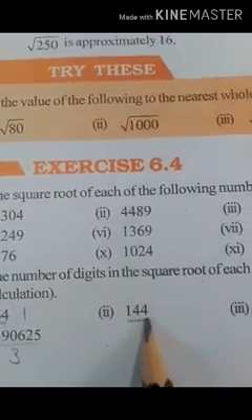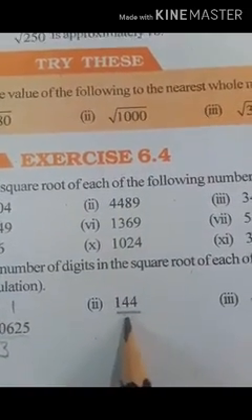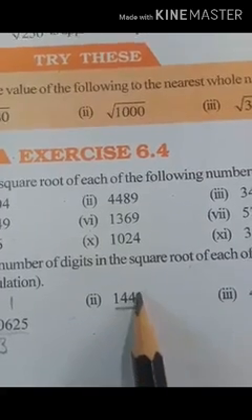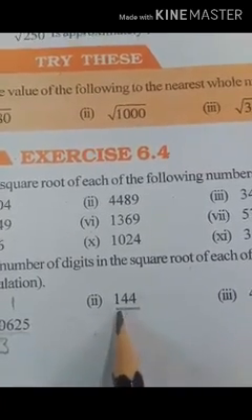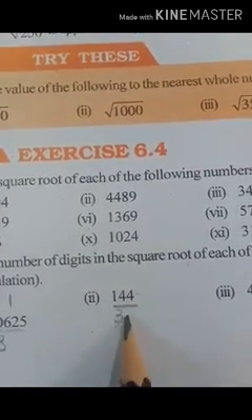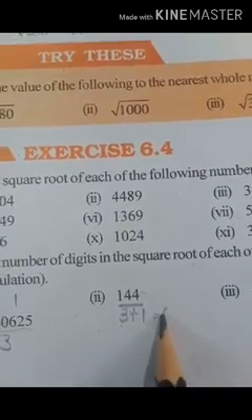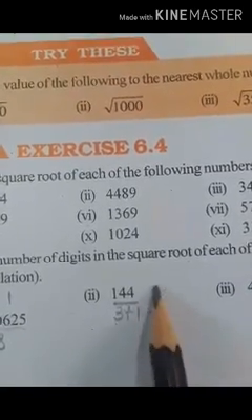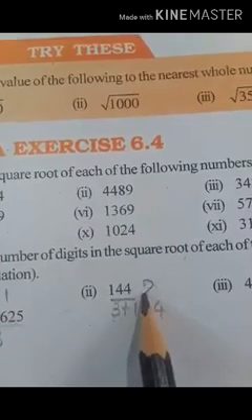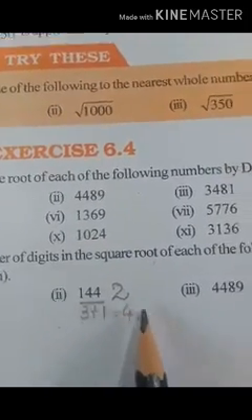Now see here, 3 digits are there. So for 3 digits we cannot make a half. So what we'll do, we'll put one more digit. So it is 3, and because it is an odd number, we cannot take half of it. We'll add 1. So it becomes 4 now. What is half of 4? 2. So how many digits will be there? 2 digits will be there in its square root.